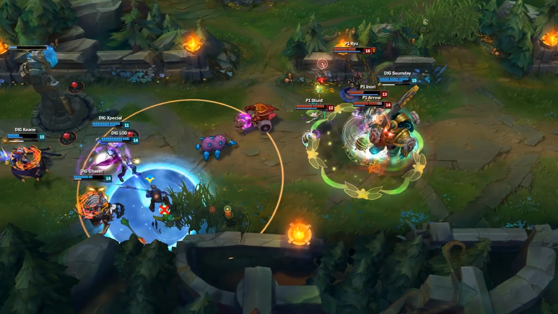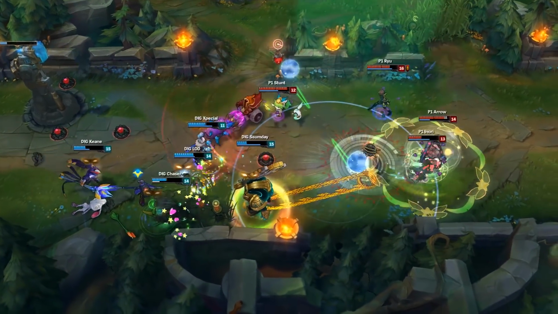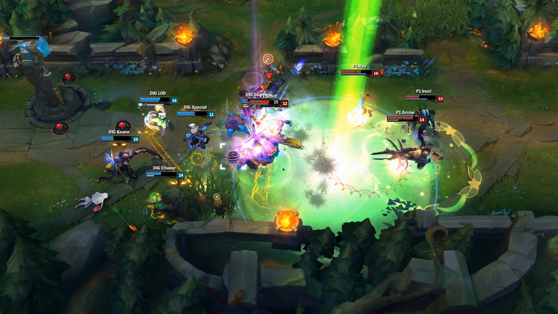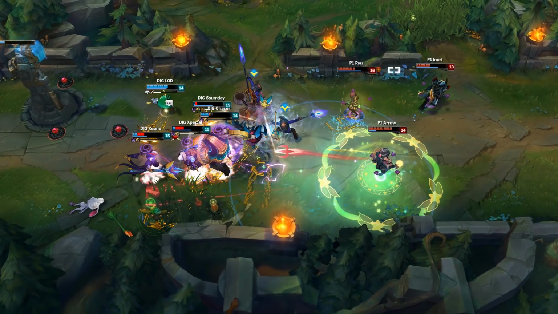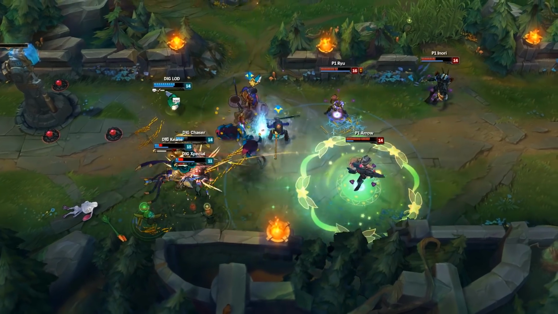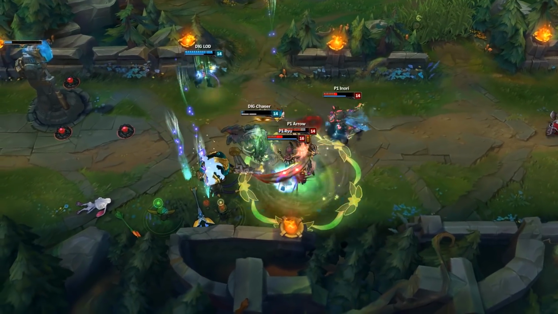walk through. As Dig lands the killing blow onto Stunt's Lulu, Ryu makes the highlight play of the series on Orianna. He moves the ball into the perfect spot with Command Attack, then pulls in 4 members of Team Dignitas with Shockwave. A Piltover Peacemaker from Arrow's Caitlyn, and a couple auto attacks afterwards nearly finish off the entire Dignitas